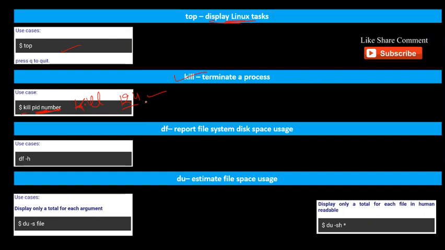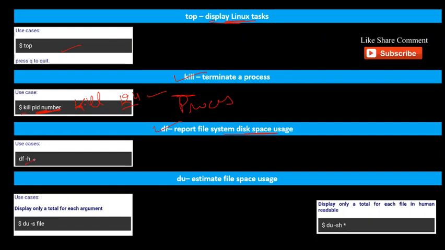If you have opened any file and you get the process ID of that file, and you kill that process, that file will also close automatically, even if someone has opened that file. df is used to show the system disk space usage.